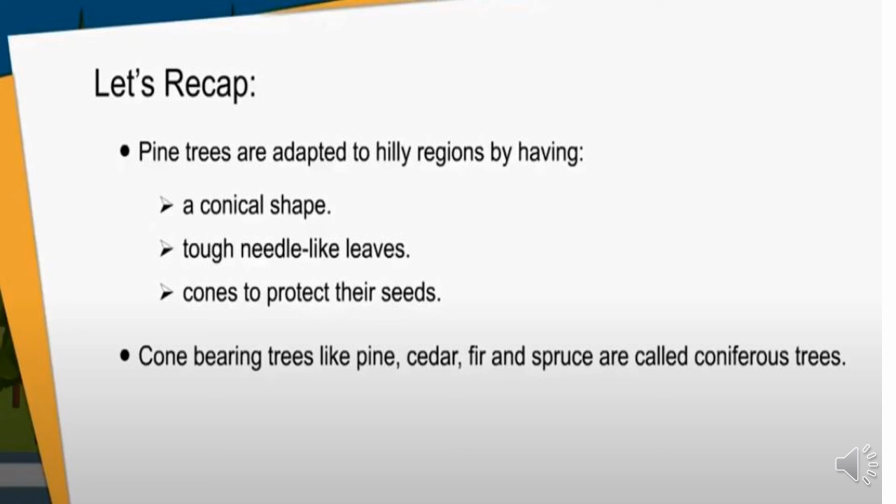Now children, you have learnt about the adaptations that these trees have which help them to survive in the mountain climatic conditions. Keep on learning them, keep on revising them, and until next time,